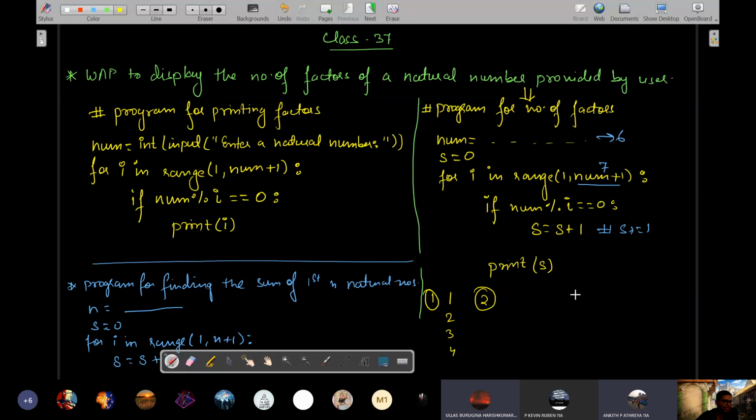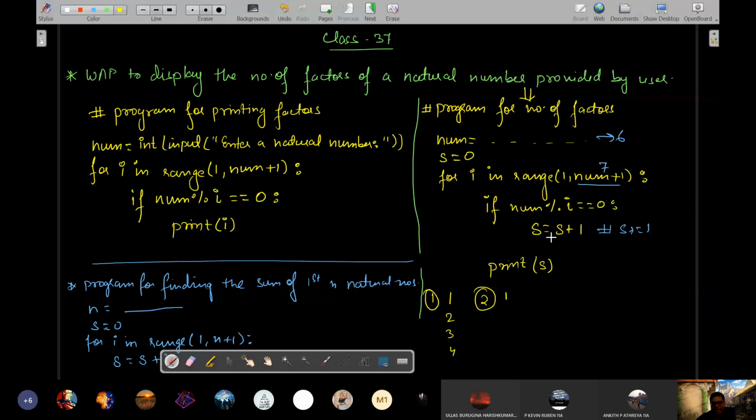But do you think the first time, in any case, the if statement will be false? Okay, no, sir. It will be 1. Yes, sir, 1 will divide all the numbers. So the first value of I will always be true. Okay. So if the number is 6, what should be the output? First time I will become 1. It will be true.